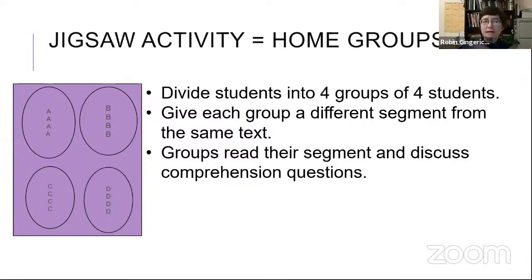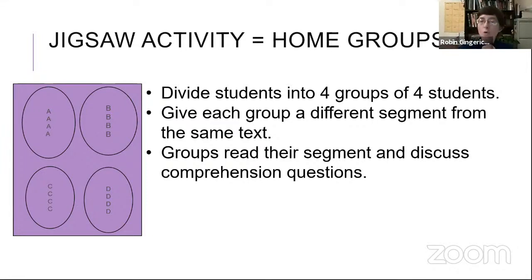And you physically divide your students, your pupils, into 4 different groups. So you have group A and group B and group C and group D. And the students in group A, they all read only the first section of your text. And they discuss it and they look at vocabulary words and they thoroughly want to understand. Group B read the second section of the text and they look at vocabulary and they help each other and they read their segment. And then group C reads a third section, D reads a fourth section.